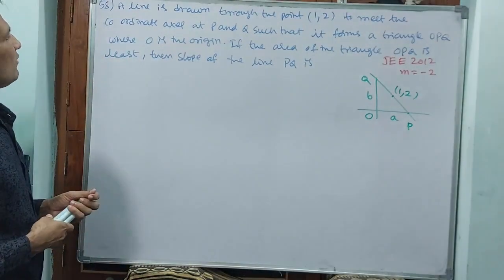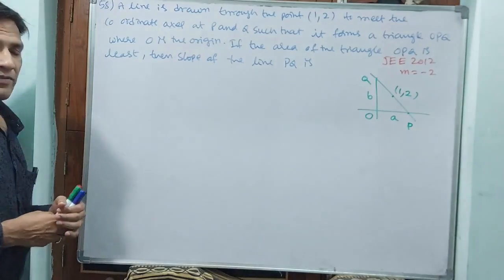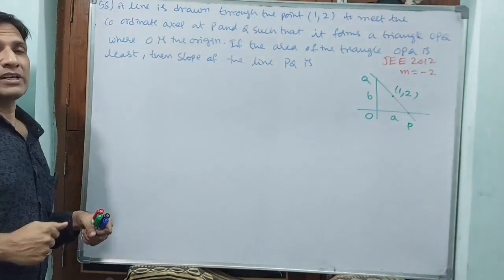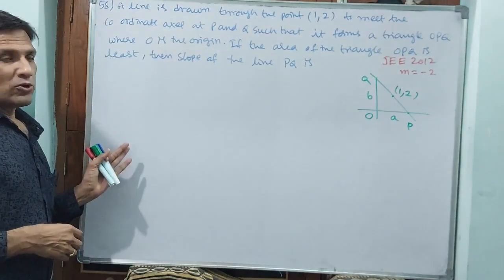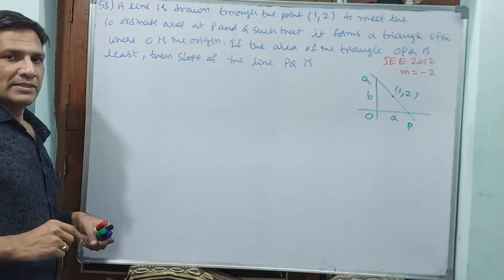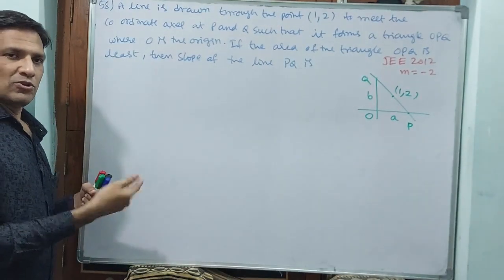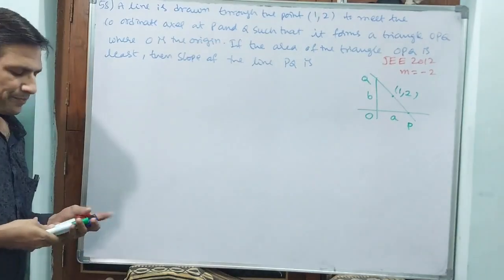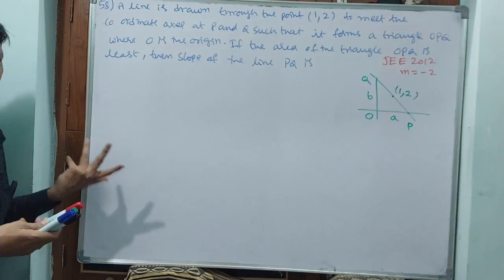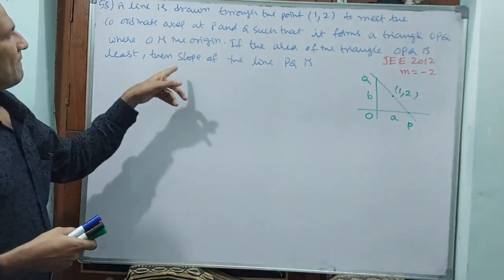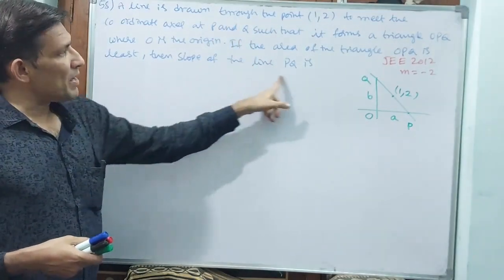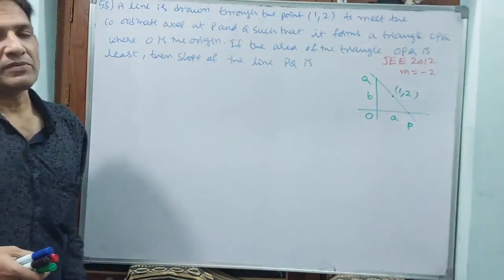If the area of the triangle OPQ is least, that means here we have to first find the area of the triangle, and then you have to differentiate. Why? Because the area of the triangle should come least. I already told you, if there is no separate mention, then whatever value comes, directly after differentiation make it equal to 0, then you find it directly. Okay, area and slope. Don't go for the second derivative test. Why? Because we don't require wastage of time. Okay. Area is least. What is the slope of PQ? Slope of the line they are asking.